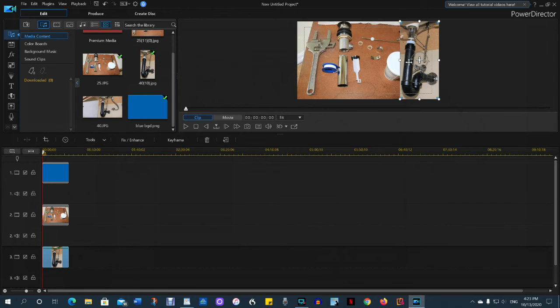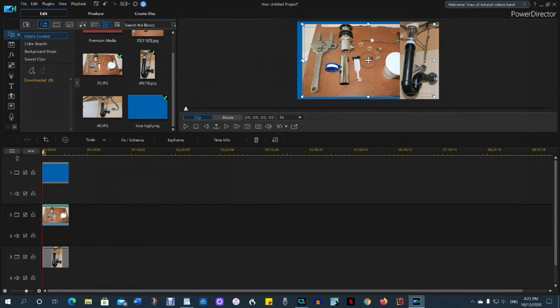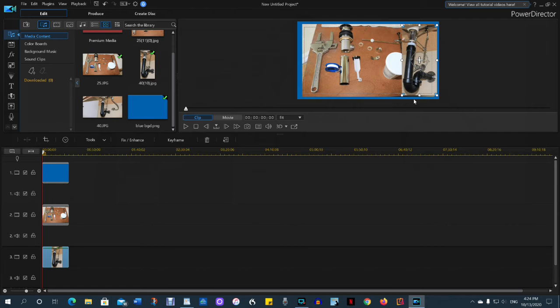This could be your final picture if you don't want the blue outlines. But if you do want the blue outlines, go ahead and select one of the pictures, reduce the size by just dragging this edge till you get a nice blue outline around it. You can do the same on this end for this picture. Now, this one's still overlapping at the bottom because I haven't cropped it yet. So let's go ahead and crop that so it'll show right down to this edge so that we can get that outline between them. So select the picture, select crop,